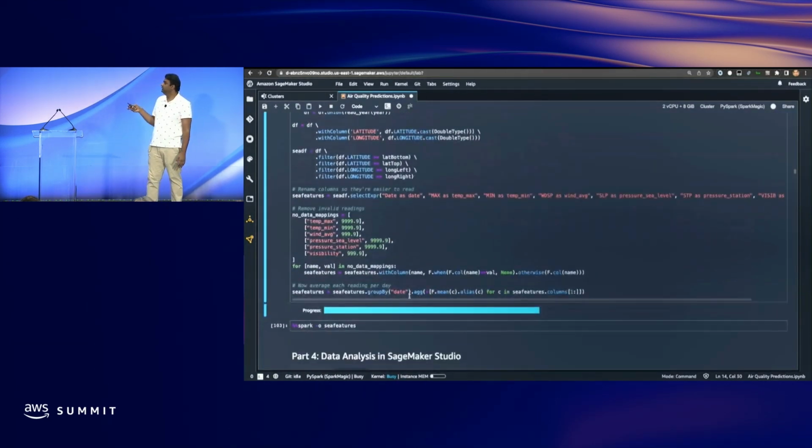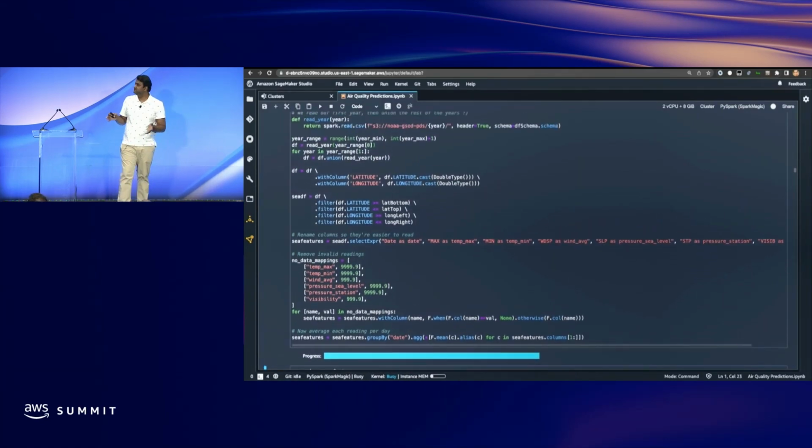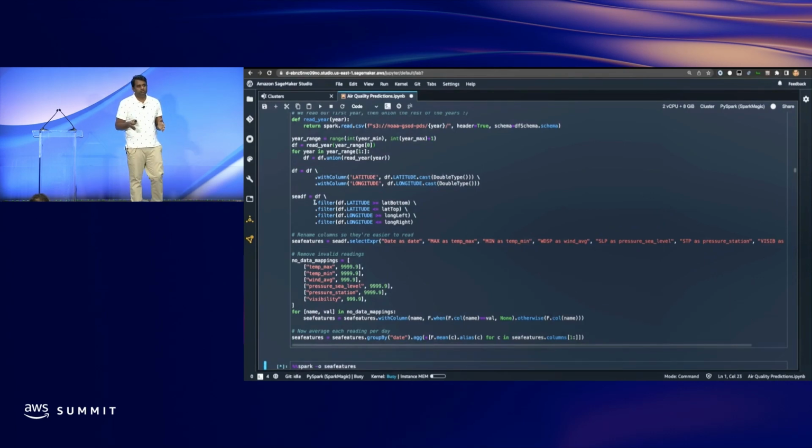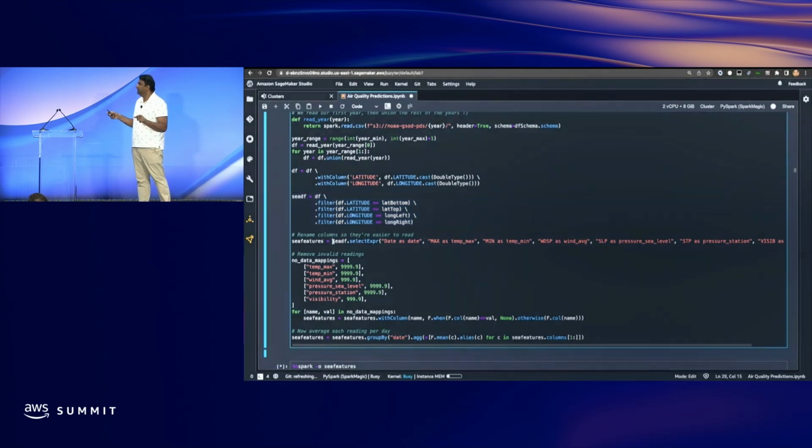So we are doing a lot of operations here. All we are trying to do is read our weather data from S3 and filter it down to only the range of years that we are interested in, and then replace some of our variables in a readable format, like maximum temperature, maximum minimum, and then impute some missing values.